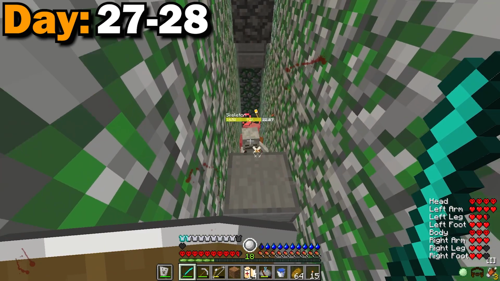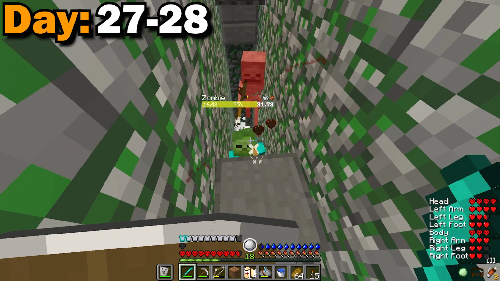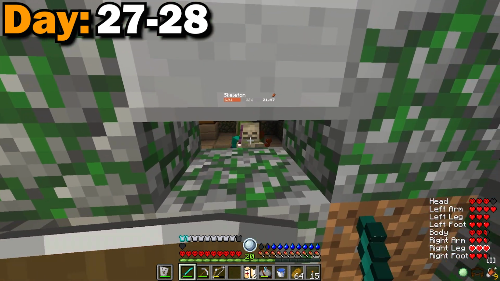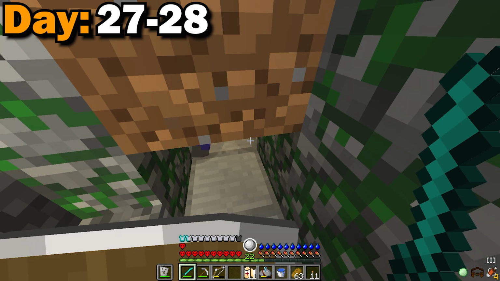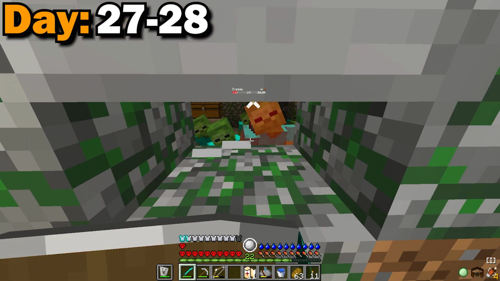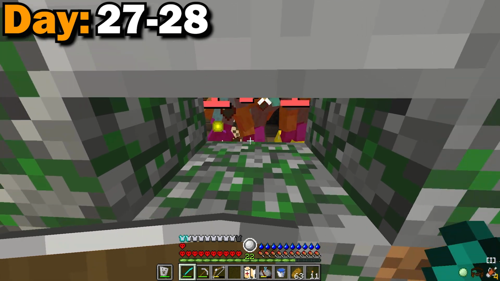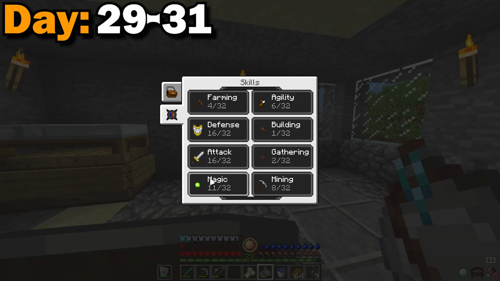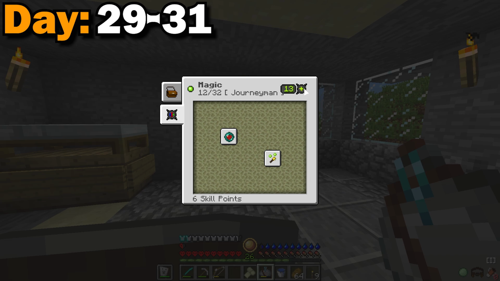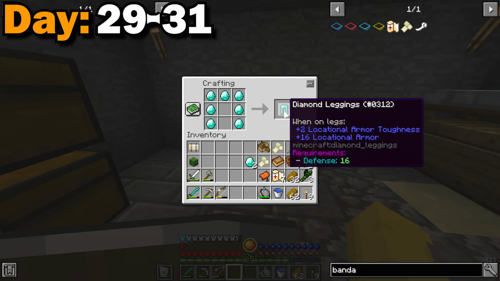After I looted the next chest, I went down one more floor, and then it was just back to the same old cheesing the battle towers. I just placed a few slabs and killed every single one of these mobs. This is by far the easiest way to get XP. I just needed some XP to get my magic all the way up to level 12 so I can start enchanting. Day 29 to day 31, I got my magic up to level 12, made some diamond leggings, and used